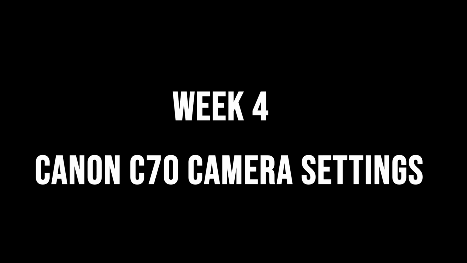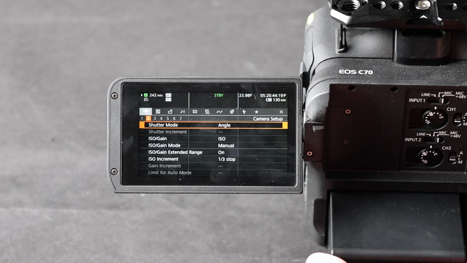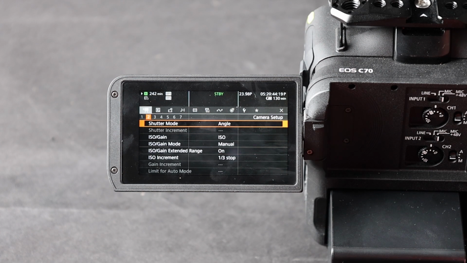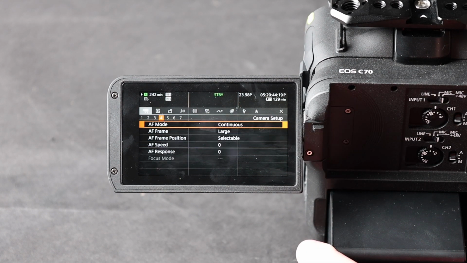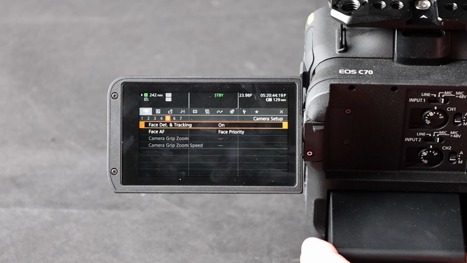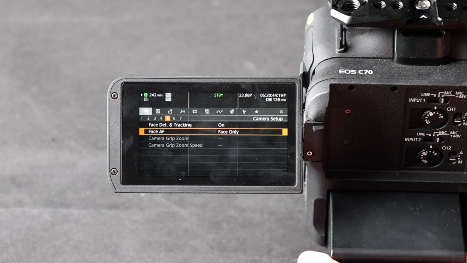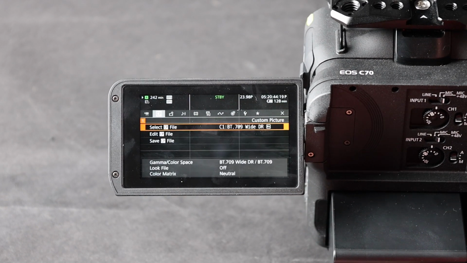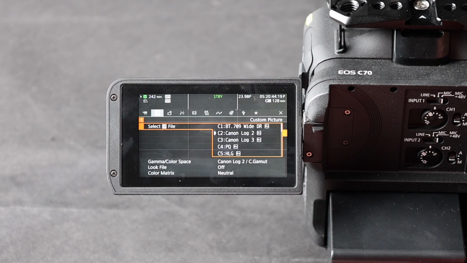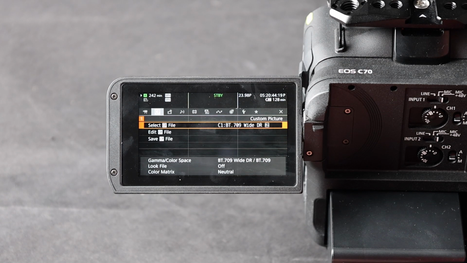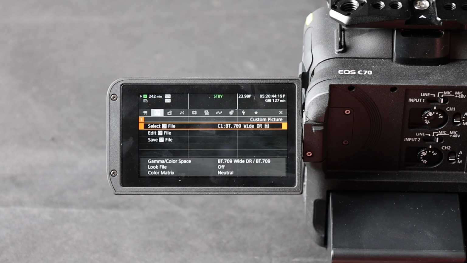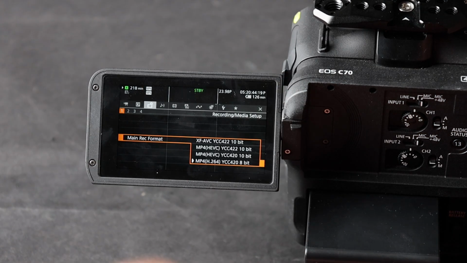Week 4. How to set camera configurations for professional results. We learned to set menu settings of the Canon C70, like setting the shutter mode to angle, or on the same menu, going to the autofocus mode and setting the focus to continuous. In the camera setup, scrolling to face detect and tracking, make sure it is on. With that, also going to custom picture and setting the custom picture to C1,